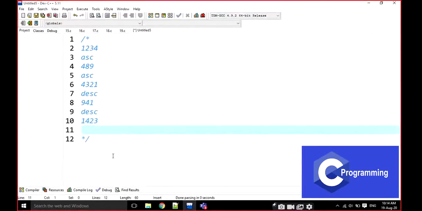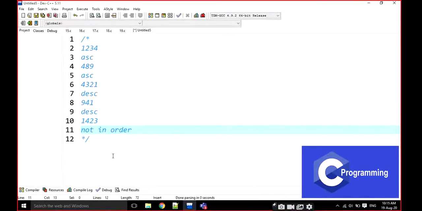This is not following any order. The output of this one is not in order. If the numbers are in increasing order, like 1, 2, 3, 4, we have to say this is an ascending number. If it is 4, 3, 2, 1, it is going to be a descending number. If it follows neither ascending nor descending, we have to print not in order.